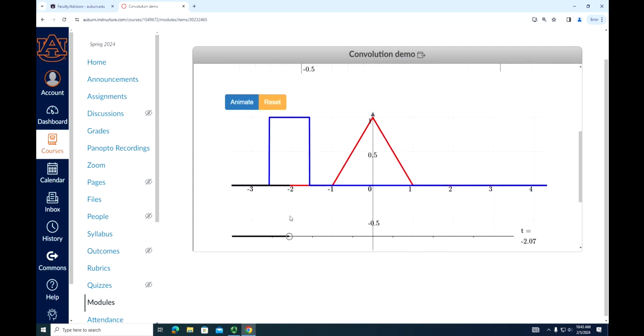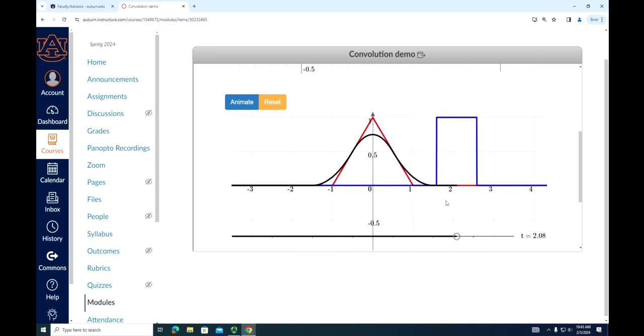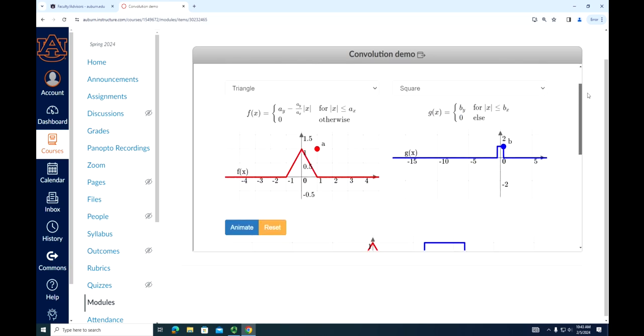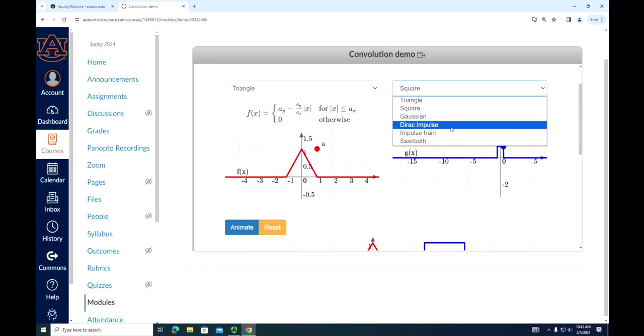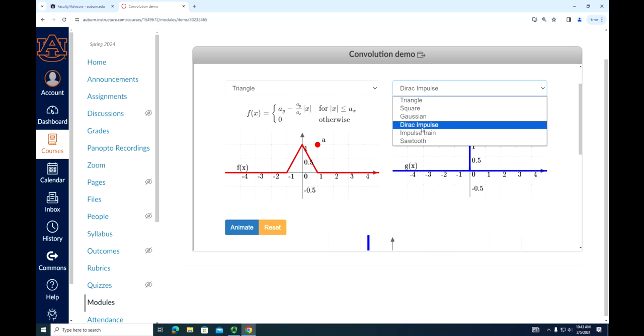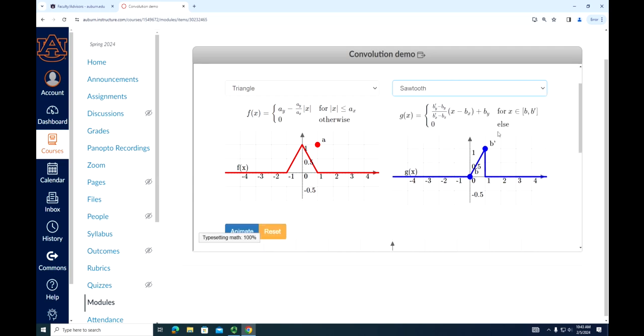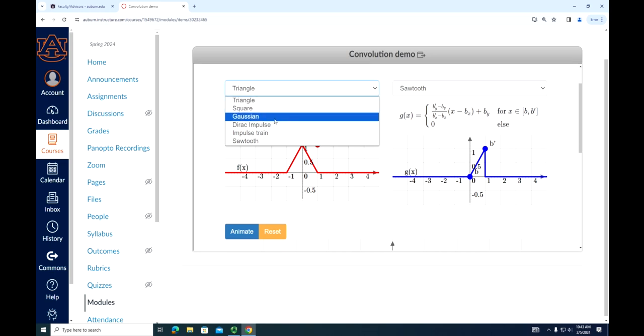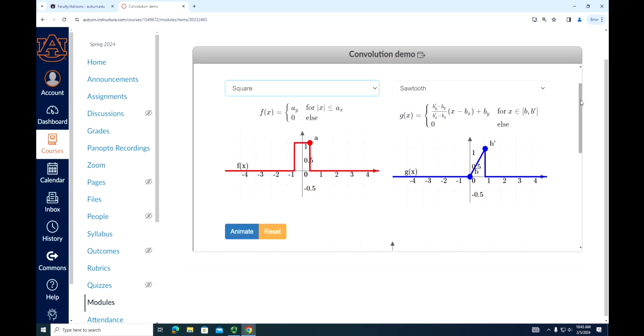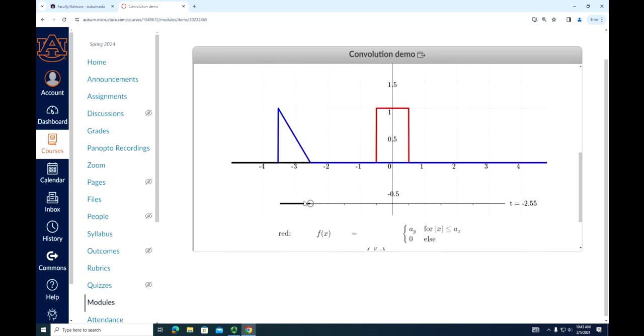Then we move here, there is no intersection, so 0. So in this situation you see how the overlap happens. When there's overlap, there will be output. Look at the cross-section here. And the good thing about this software is that you can try different signals. Let me make an impulse function, a train of impulses or a sawtooth signal, and here let me use a square. Then you can fix one and move the other, do whatever you want with this, and you will see the outputs.